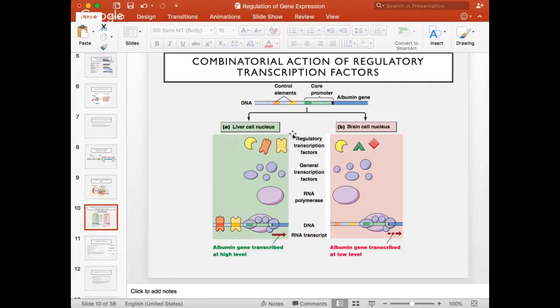You should know that the regulatory transcription factors could be different from gene to gene. So it's not the same. But in this picture,